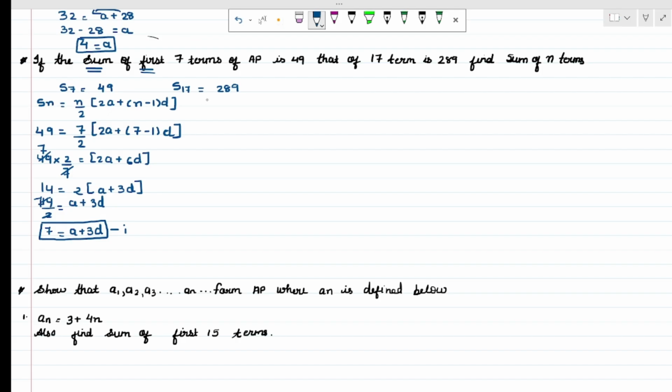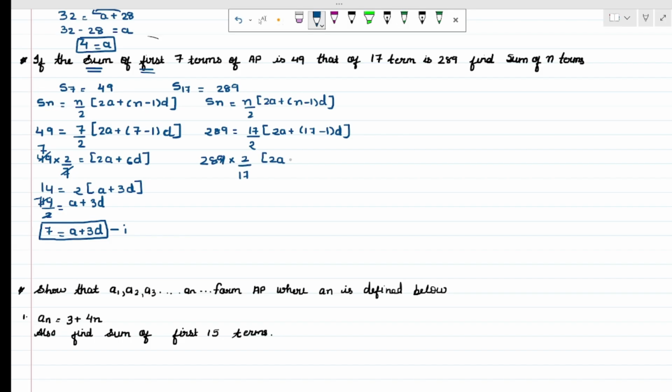Now in the same way, solve S17. That means write the formula. S17 is equal to n upon 2 times (2A plus (n minus 1) D). Now what is my S17? My S17 is 289 equals 17 upon 2, because my n is 17, times (2A plus (17 minus 1) times D). Now this is going to be reciprocal, so 289 multiplied by 2 upon 17